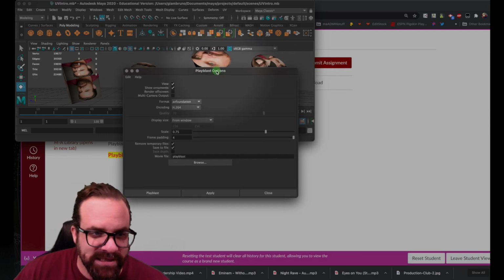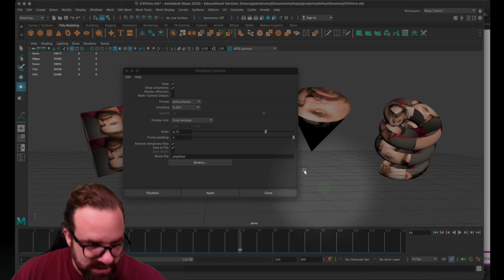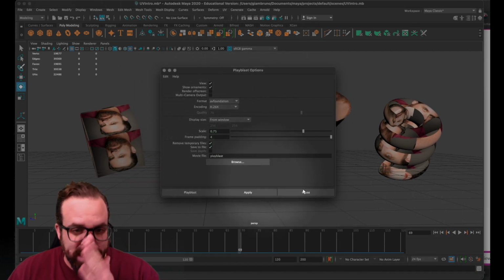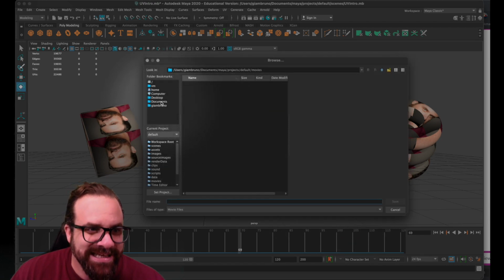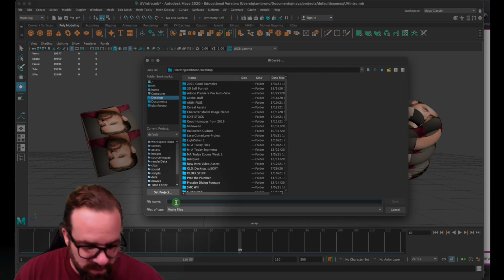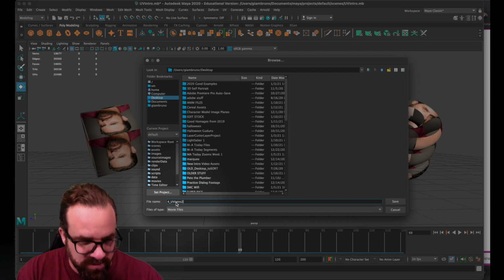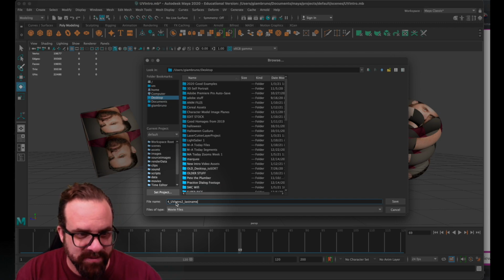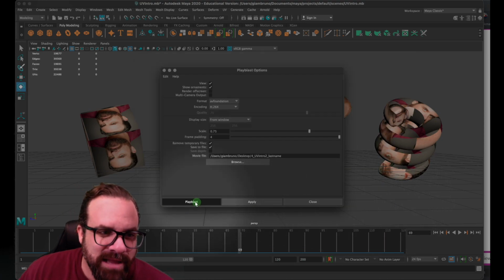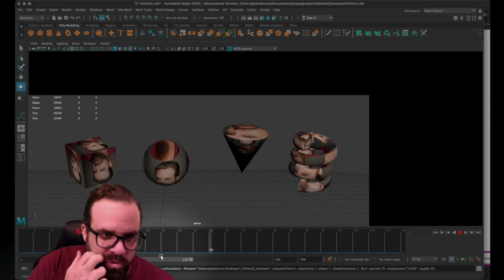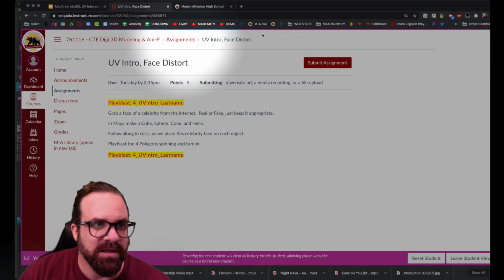Remember when you're Playblasting, get the window sized and framed the way you like it. And make sure you go down to Browse. Remember the window cuts it off, so you want to open it up. Hit Browse, hit Desktop, hit 4_UV intro. I'm going to do this because I already did this once. Last name, so I put a 2 at the end of it just because I've already Playblasted it once. Save, Playblast,